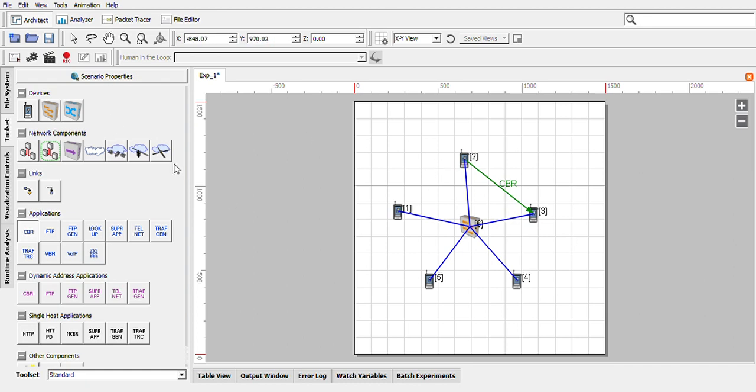After doing this, you need to do configuration of the scenario. Here 6000 has been set, no problem, because I'm using the same experiment file which we created in the first video. Right click on this, click on properties, and for items to send, don't set it to a finite value, let it be an infinite number of packets. And the number of packets that it sends, let it send up to 5500 seconds. Here the source is node 2 and destination is node 3. Click apply and okay. Then we have configured.